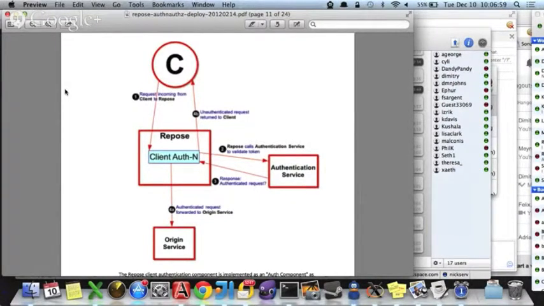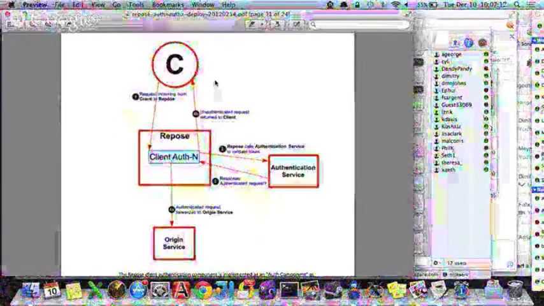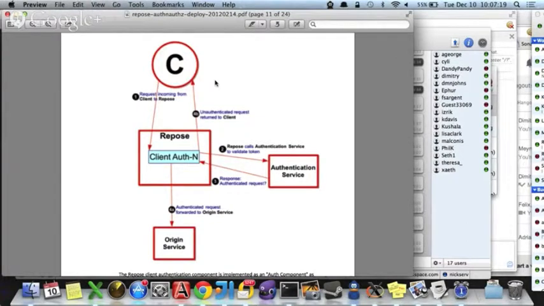This is our client auth end filter, more specifically the OpenStack identity implementation of our client auth end filter. The basic functionality of this is that a user will grab an auth token from an authentication service. They'll authorize with them and grab an auth token that they'll pass through Repose. So the client will send requests through Repose to their origin service, and what Repose will do is it'll ask